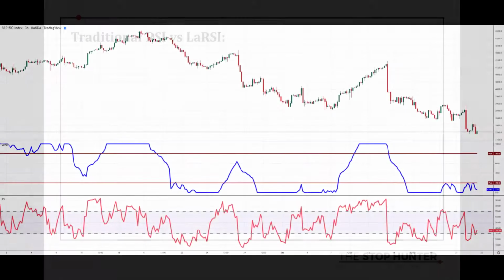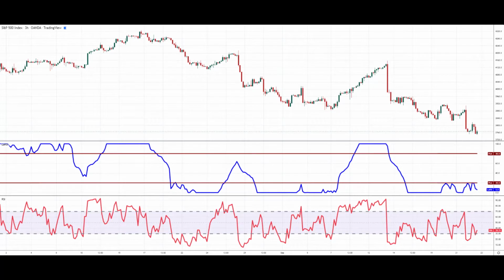So what have we got here? We've got the S&P 500 index on a 3-hour candlestick chart, and that blue line in the middle there, that's our Laguerre RSI, and below that the standard RSI. And I suppose the obvious observation is look at the smoothness of the Laguerre RSI versus the traditional, especially when you're looking around these sort of overbought zones, those whipsaws that could get you in and out of trades incorrectly are, I would say, much reduced on the Laguerre RSI, much smoother and much cleaner to read in terms of entry